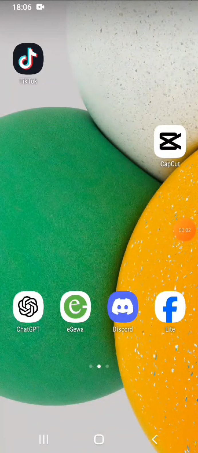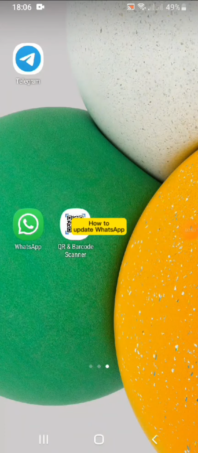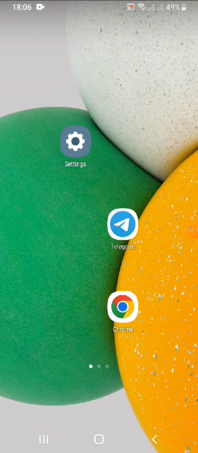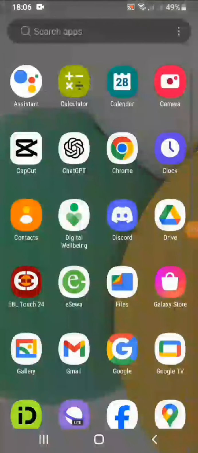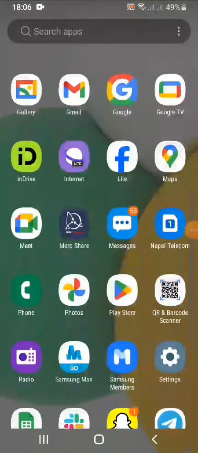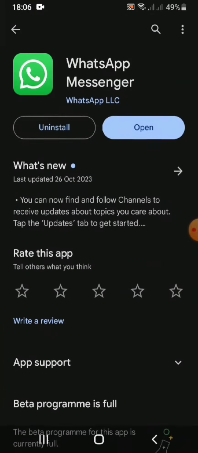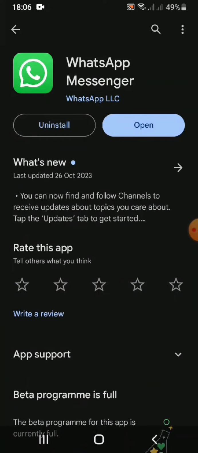In today's video, I'm gonna show you how you can update WhatsApp. So in order to update WhatsApp, you have to go to the Play Store app. Once you're on the Play Store app, here you can see I have already opened or searched the WhatsApp